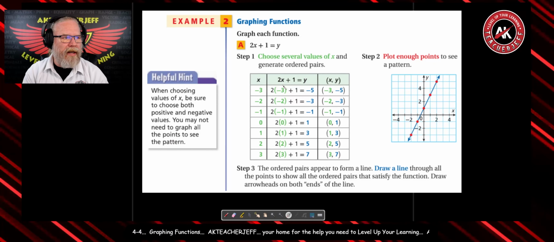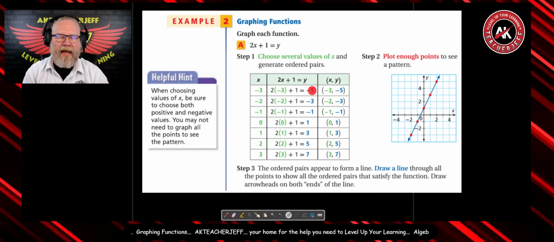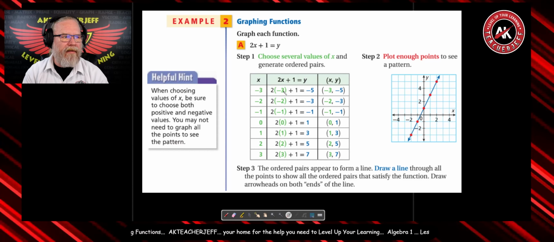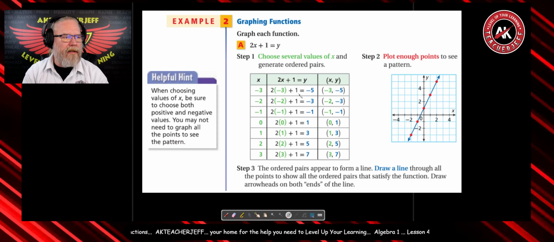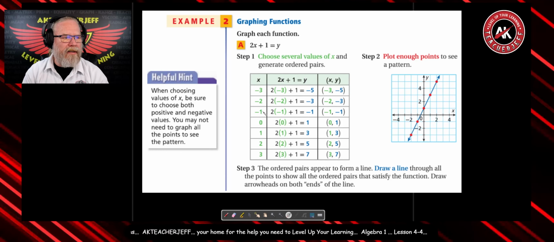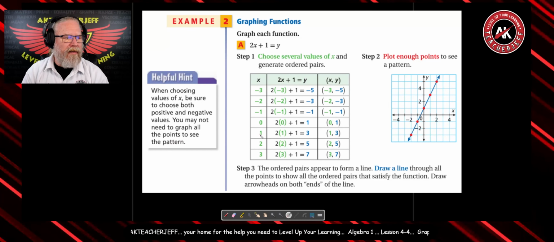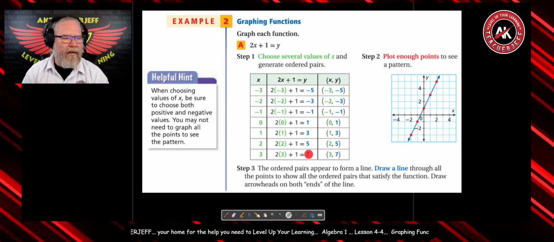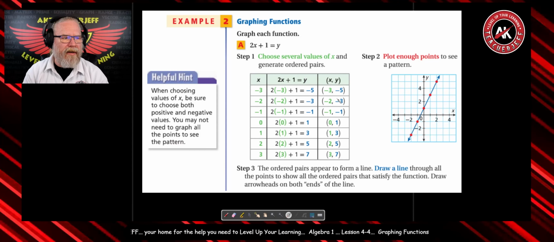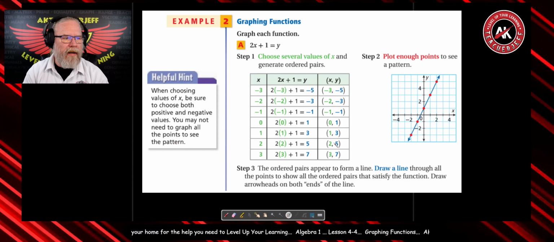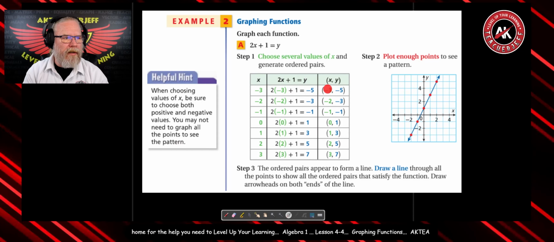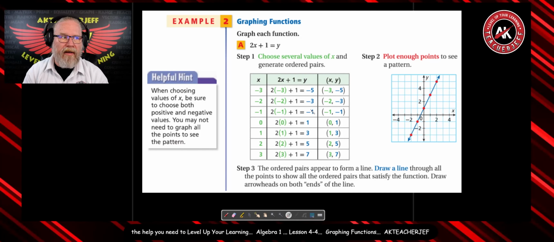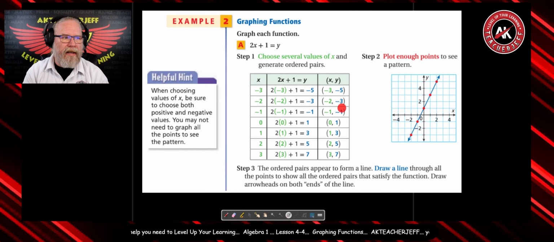So -3 gets plugged in for the value of x. Solve it, it's -5, so it produces the ordered pair -3, -5. -3 is the input, -5 is the output. Let's skip around here. -1 is an input, -1 is the output. If we plug in a value of 1, we get back a value of 3. If we have an input of 3, we have an output of 7, and we can see the ordered pair 3, 7. So all of these ordered pairs match up with the green numbers, which are x values, and then the blue numbers, which are the result of evaluating that function rule,